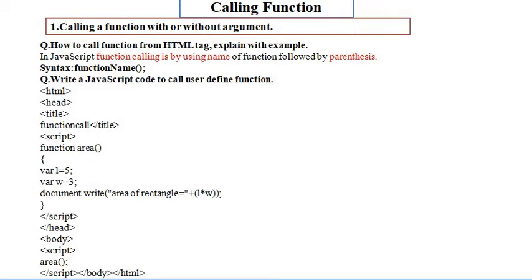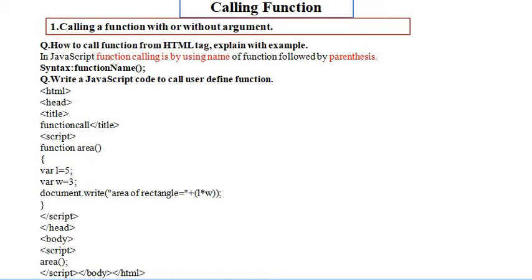Here in this example, JavaScript will create one function, that is area, and in that I am writing two variables, L and W, meaning length and width.